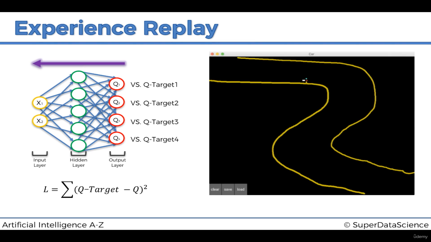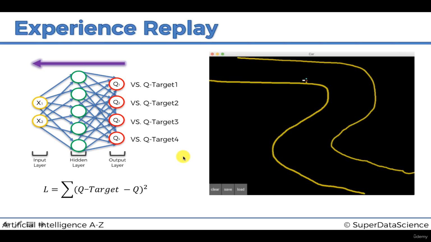Let's recap on them. We're breaking the pattern of independence and correlation of sequential experiences. We save rare experiences which might be important, and therefore we can learn from them more often. And we can learn faster in environments which have a shortage of experiences, or which don't have that many experiences that the agent goes through, and still be able to learn them. So that is what experience replay is all about.